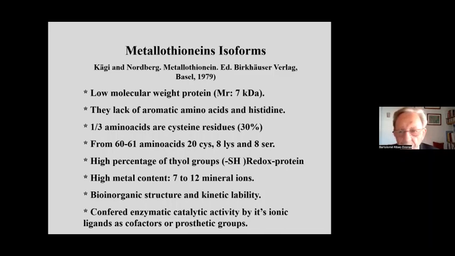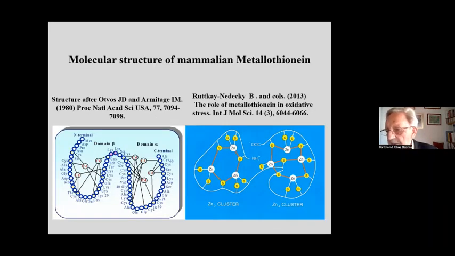In the next figure, we see the representation of the molecular structure of mammalian metallothionein in its primary sequence, represented with zinc after Otvos and Armitage on the left, published in Proceedings of the National Academy of Sciences in 1980. And on the right, with cadmium ions by Radtke, Nedeke, and co-workers in the International Journal of Molecular Sciences in 2013, with 20 cysteines as crucial amino acids with SH groups, that are very reducing and